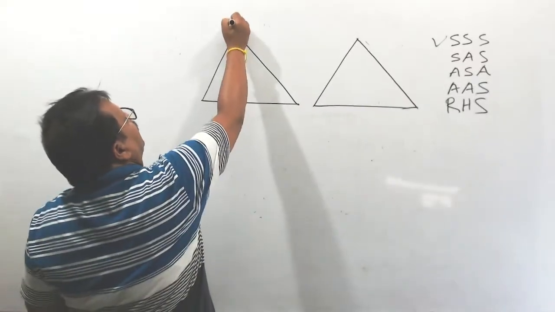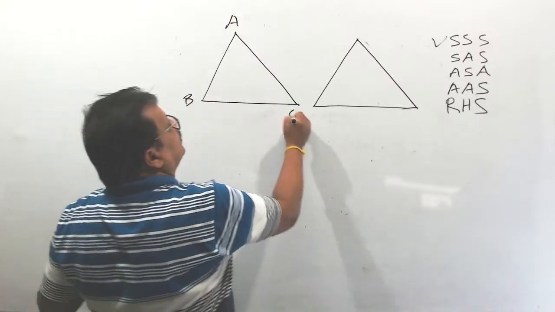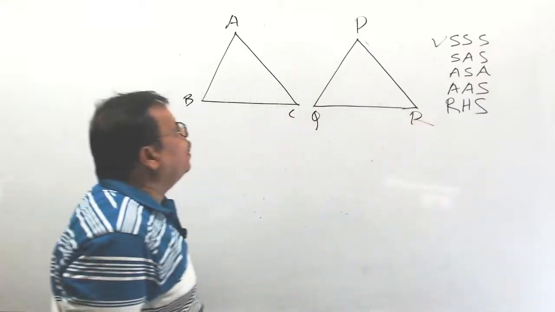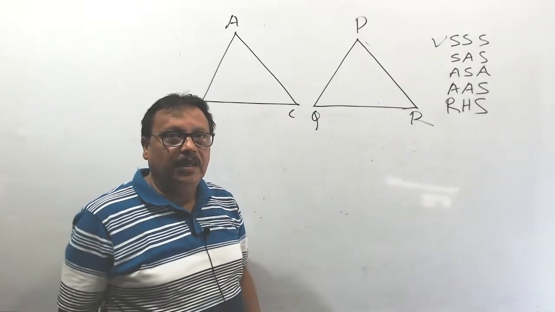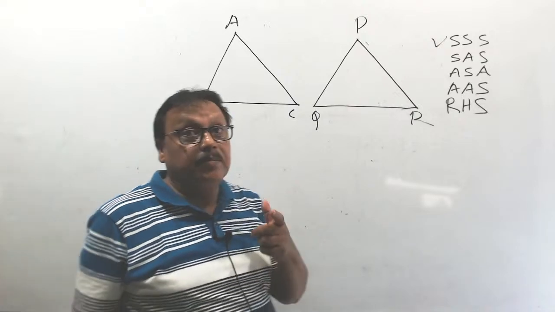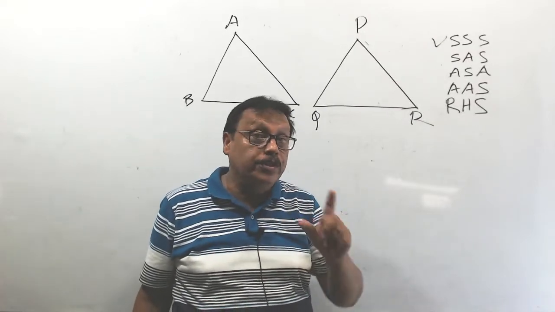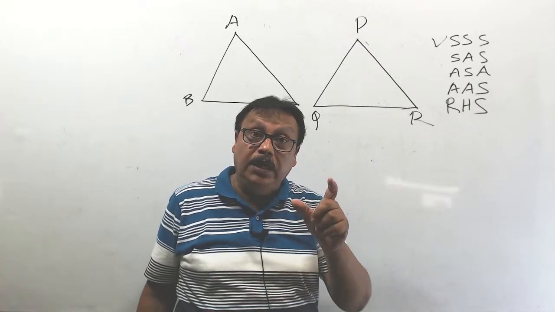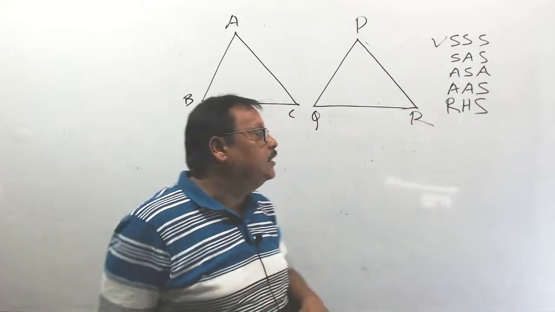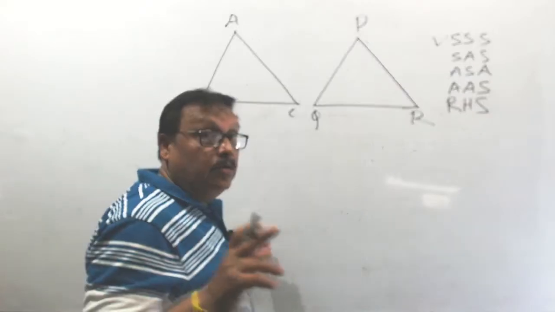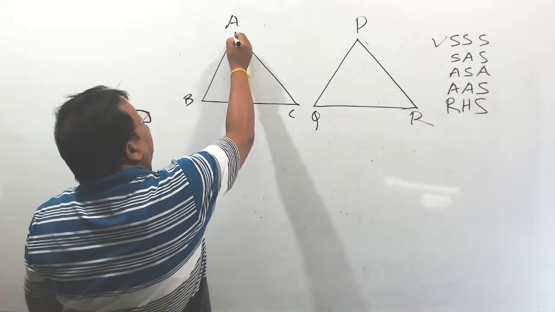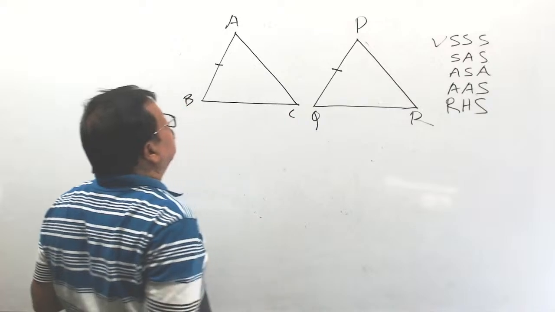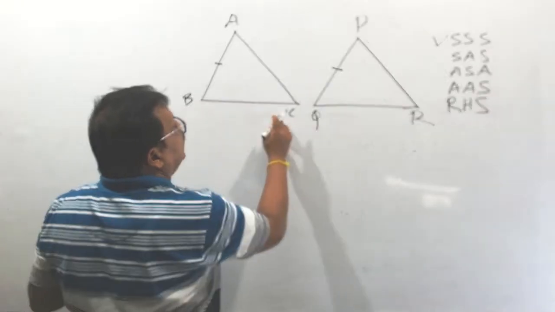See, here is a triangle ABC and PQR. There are two triangles. Now, by some given condition in the problem, of course, the condition will be given. By considering the given conditions in the problem, if we can prove AB is equal to PQ, if we can prove BC is equal to QR,